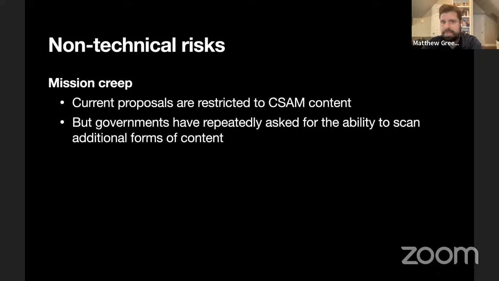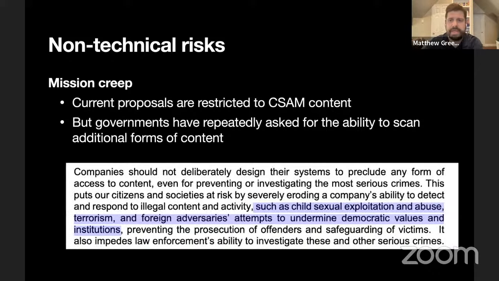And I think this debate became very heated on the internet last summer, but I want to point out one thing: this is not some theoretical concern. In fact, if you go back to the 2019 Barr-Patel letter, you actually see that it doesn't just talk about adding the capability to scan for CSAM material. It lists other types of material as equally important. The two types of material given as examples are terrorist content, which providers in the UK at least already scan for pretty rigorously, as well as, and this one's a little weird, foreign adversaries' attempts to undermine democratic institutions.